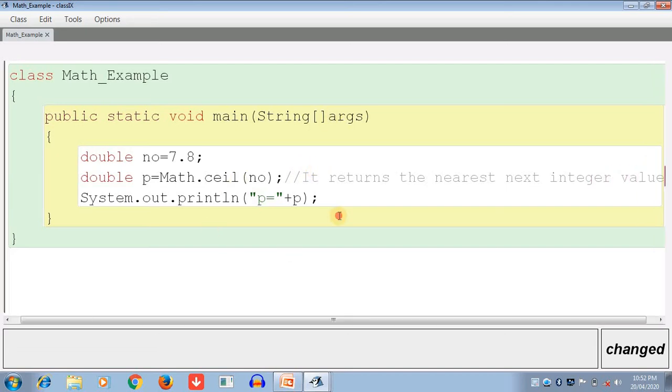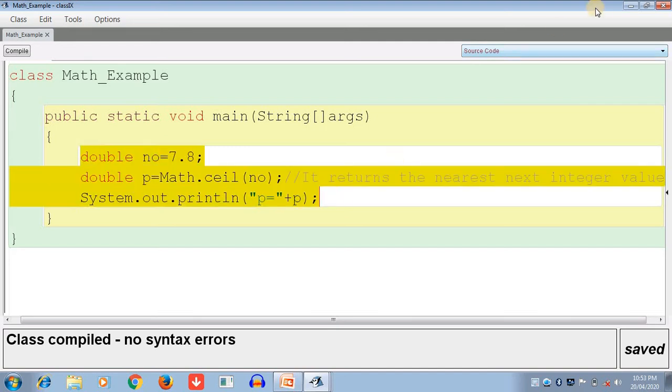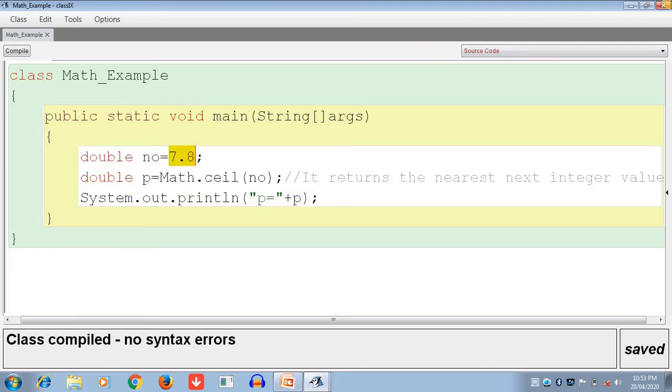Okay, that is the ceil function. So for 7.8, what is the nearest next integer? It is 8.0. Now look here, what will be the output of the following program? I think it will be 8.0, the next integer of 7.8.